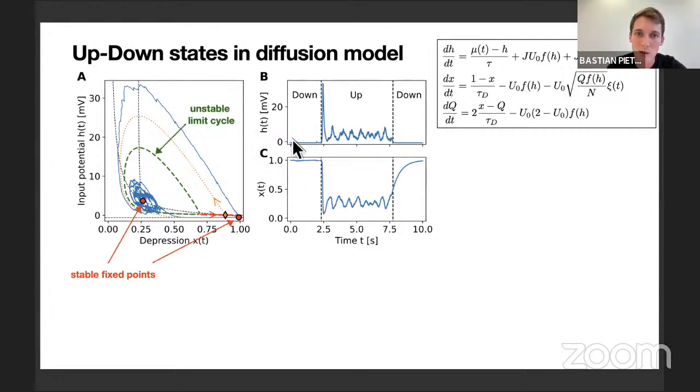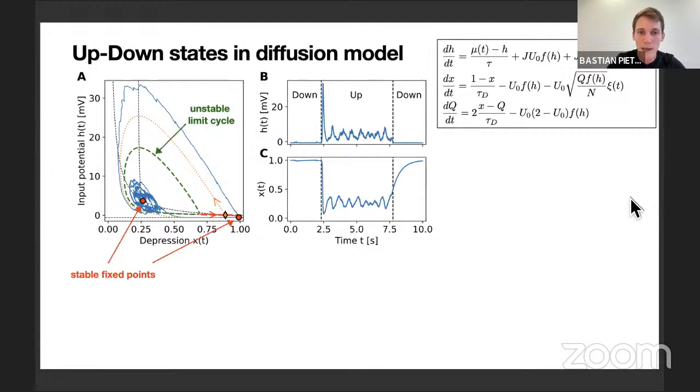So this is exactly the transition that we have here. From the down state, we go to the up state. We have this kind of ringing behavior, where the frequency corresponds to the stable focus of our stable up point, and then we can switch back to the down state. So that is basically the dynamical insight, the dynamical mechanism hidden behind our mesoscopic mean field model.